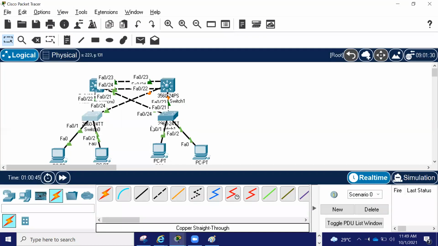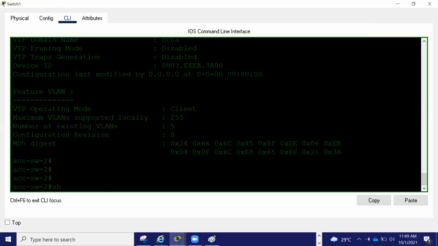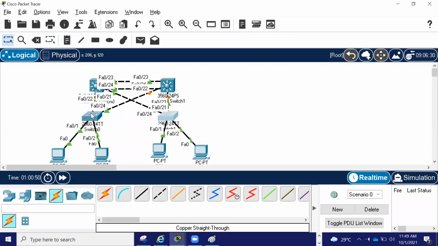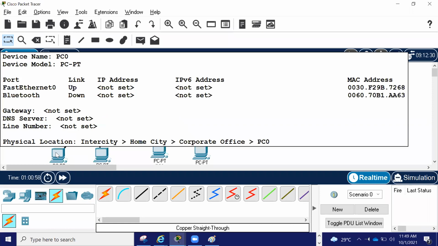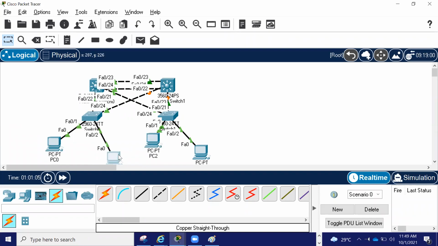Yes, I see them there. So we will have 192.168.10.1 and 10.2 here, and this will be in VLAN 10, and these two will be in VLAN 20.